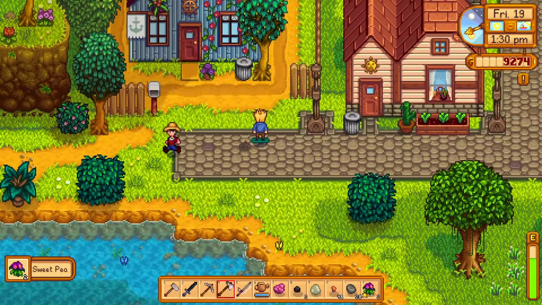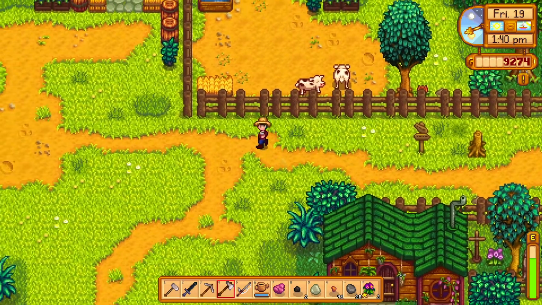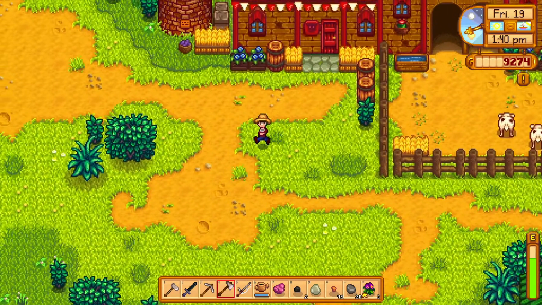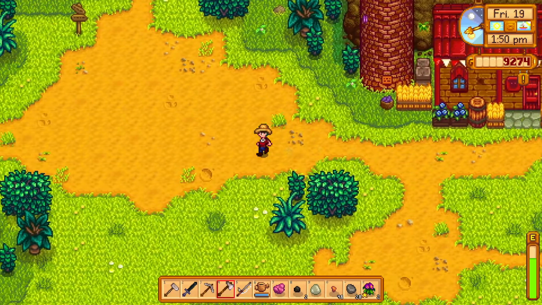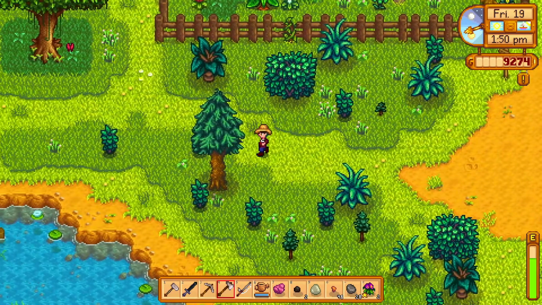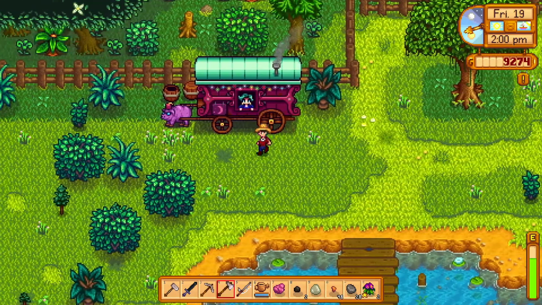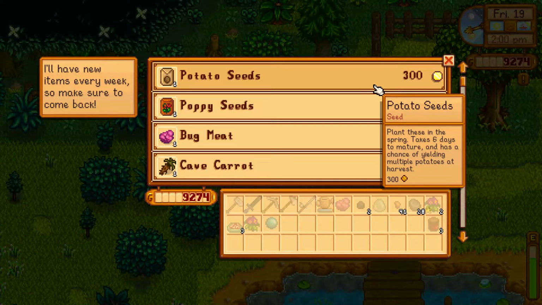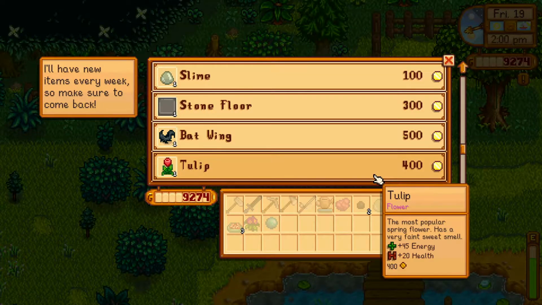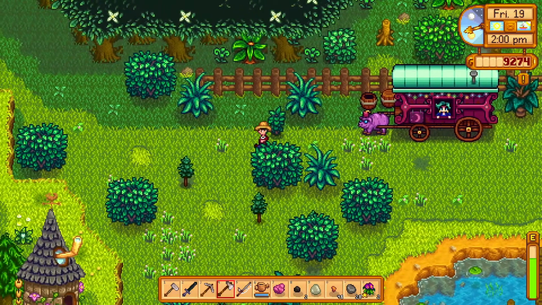Sam's outside. Hi, Sam. Good to see you. I don't have any cactus fruit, sorry. We'll go over and we'll see what's in the cart here. If there's a truffle, my continuous hope is that there's a truffle or a piece of iridium ore. One of the two would really just be perfect, and I would greatly appreciate it. You know? Potato seeds are not... No. None of this is what...